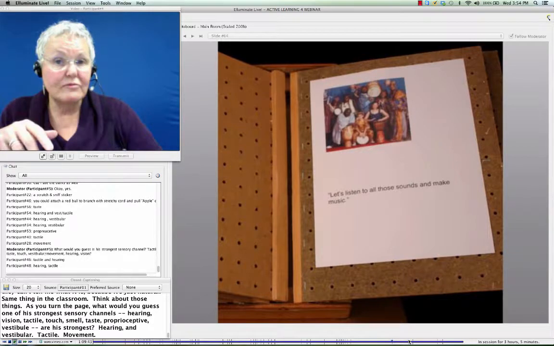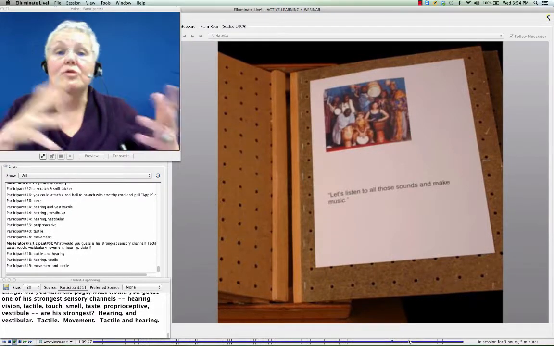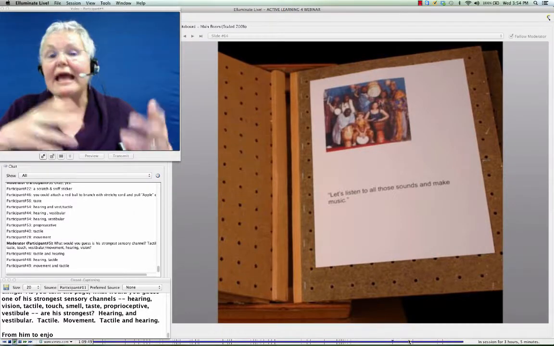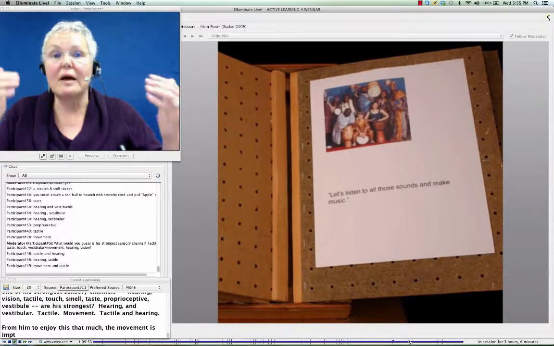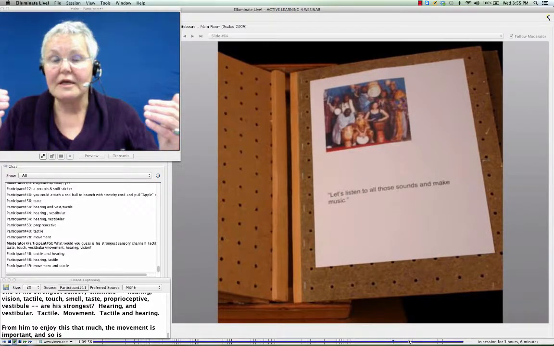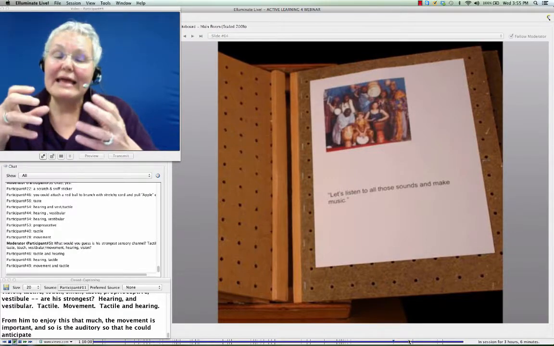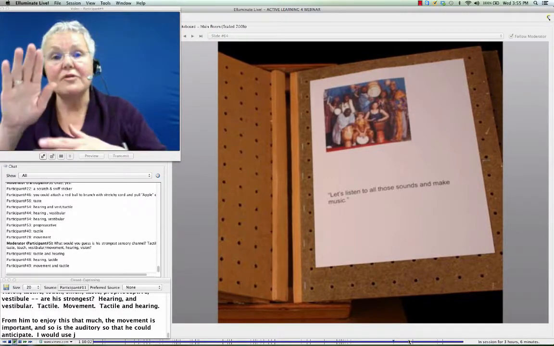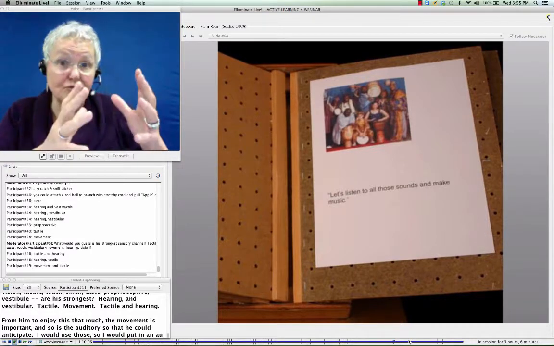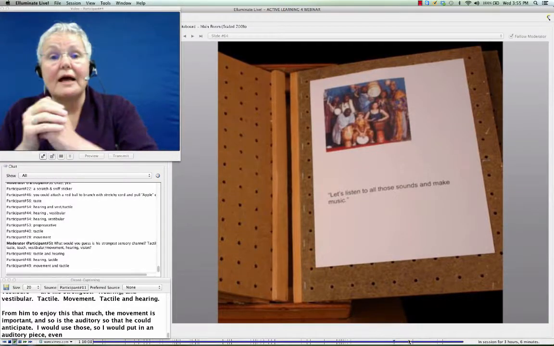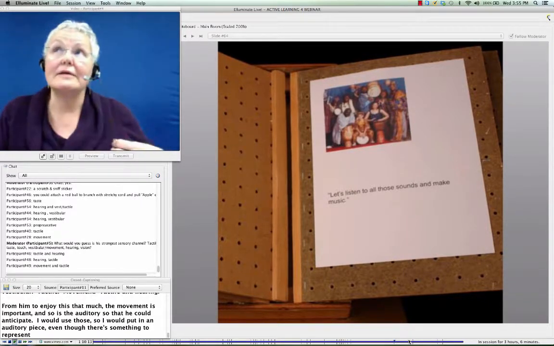Tactile and hearing, right. For him to really enjoy this as much as he does, that movement piece is very important to him, and so is the auditory, because he could anticipate as Mom was starting to say things to him. So I want to use those. So I might want to go ahead and put an auditory piece in so that on each page, even though there may be something that represents the apple tree, the next one was row, row, row your boat, and then the next one was,